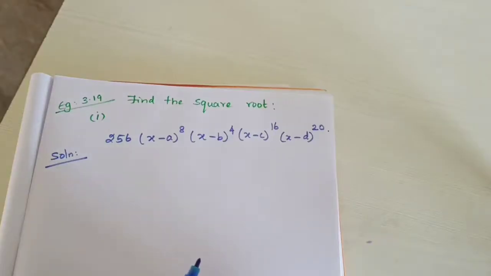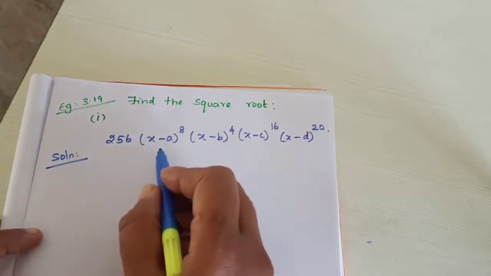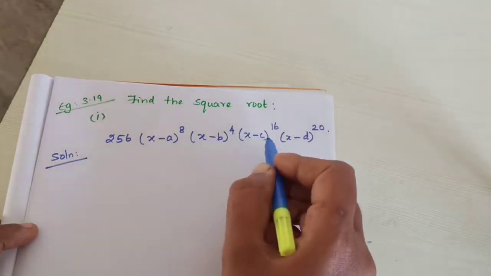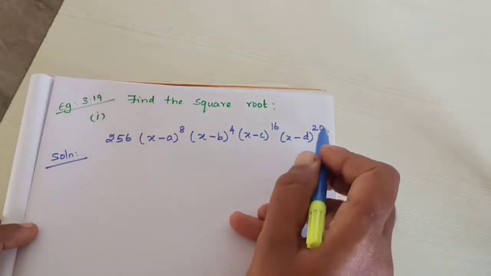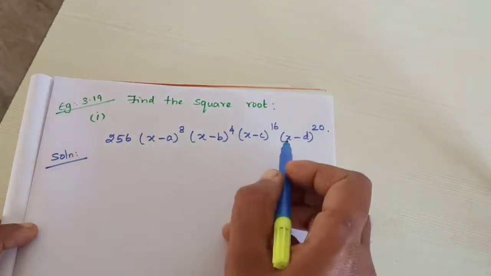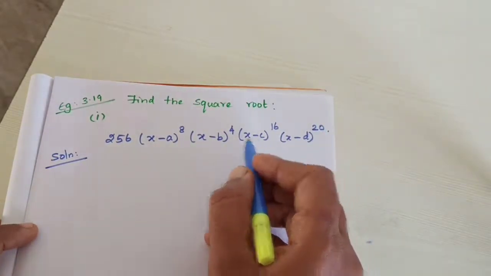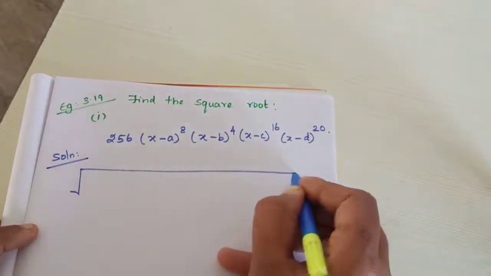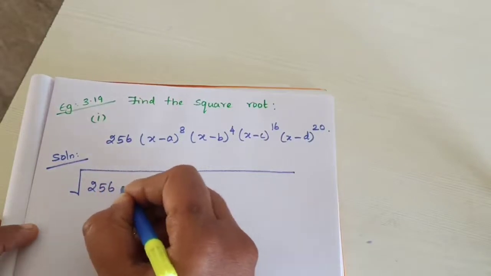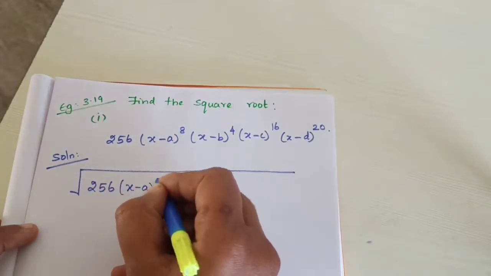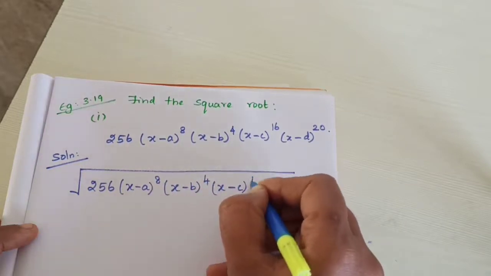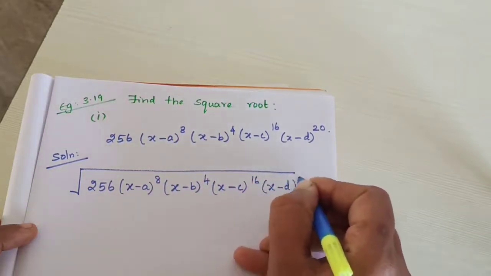Listen, example 3.19, find the square root of 256 into x minus a the whole power 8, x minus b the whole power 4, x minus c the whole power 16 and x minus d the whole power 20. So, this one we are going to do by the factorization method. Find the square root. What is the symbol for square root? This is the symbol. So, square root of, as it is in the question, I am writing 256 into x minus a power 8, x minus b power 4, x minus c power 16 and x minus d power 20,